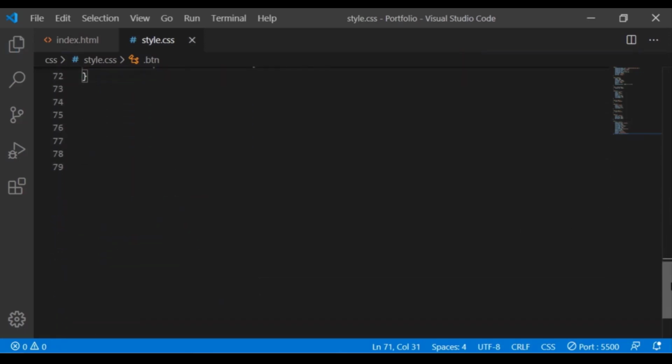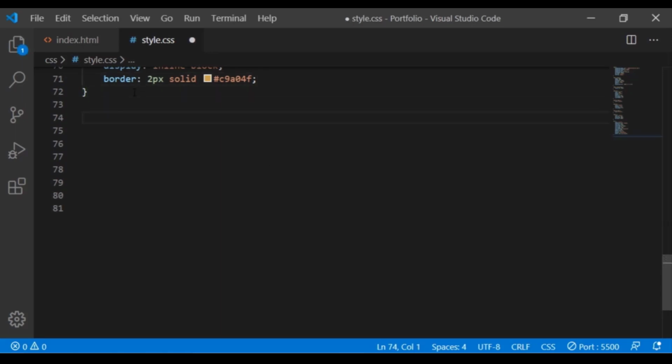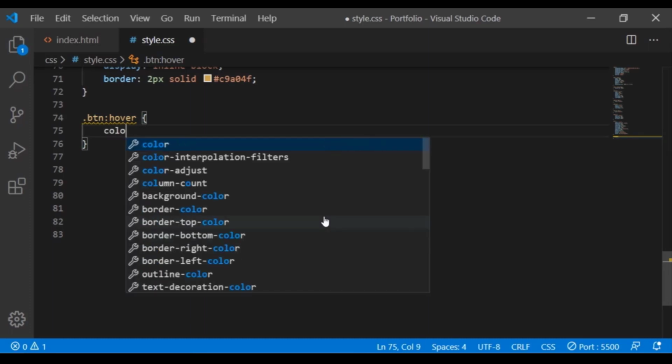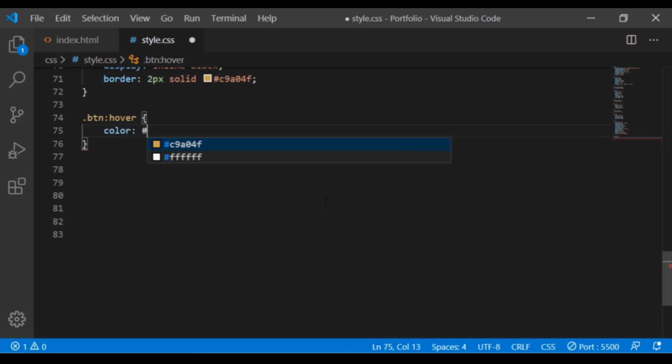Now we will set the hover properties of our Get in Touch button. Set the color to white. Set the text decoration to none.